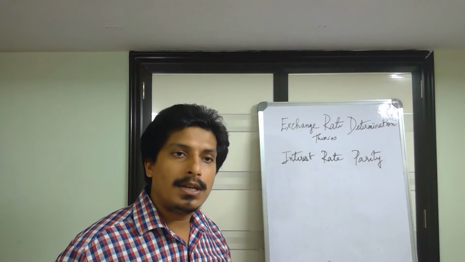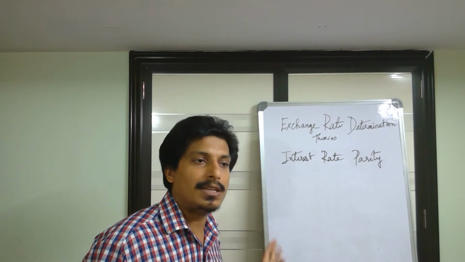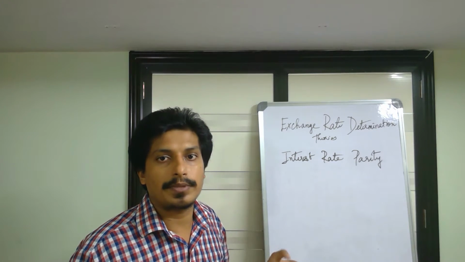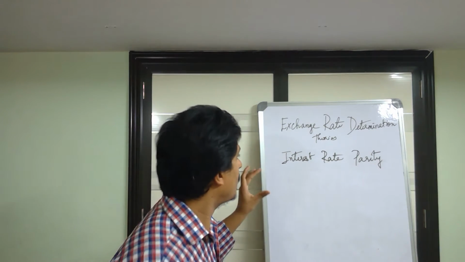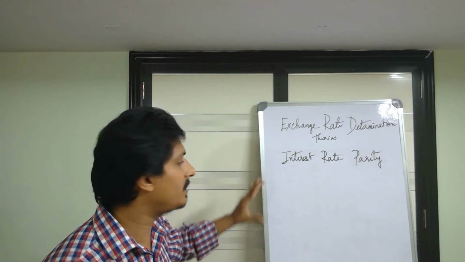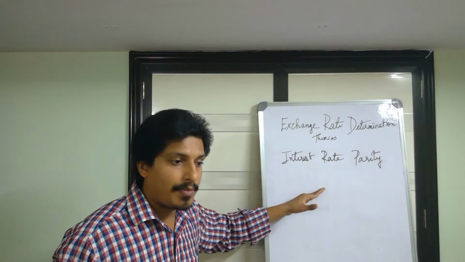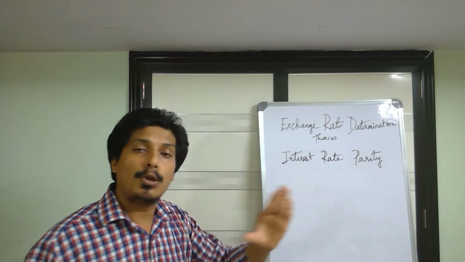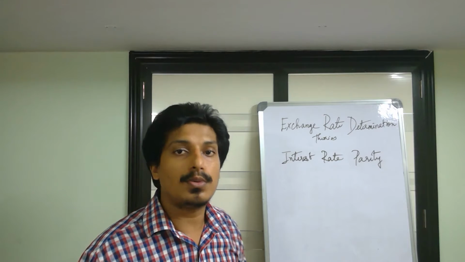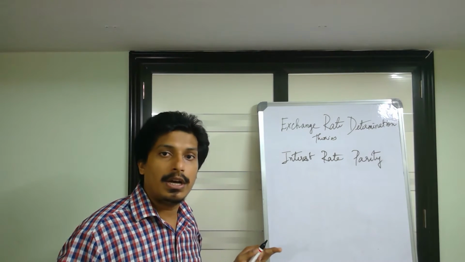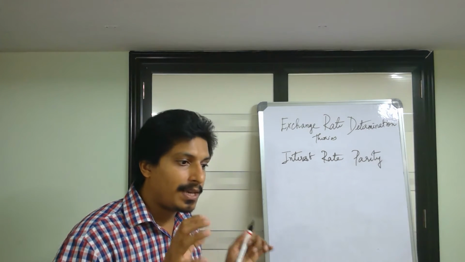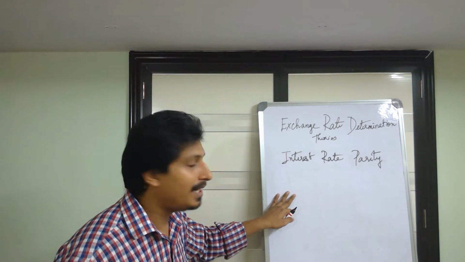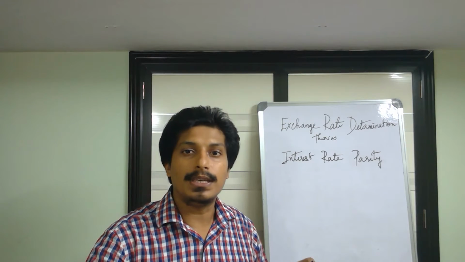Relative purchasing power, instead of taking the absolute values, decided to take the relative change in the price. It decided to take inflation rather than the actual or absolute change. Now, interest rate parity speaks about the law of one price, like the absolute version. But here, instead of speaking about prices of commodities being the same, we speak about interest rates being the same